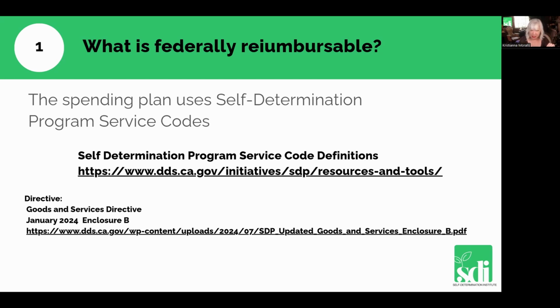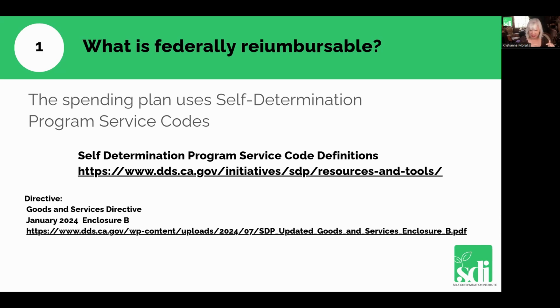This is a very important document. I have mine printed out, so you know, okay, can this go on my spending plan? Look at those descriptions. Does it fit? Now, I want you to know that in those descriptions are some things with generic resources, which we're going to talk about next, but it's good to know, okay, it's on this list. I can ask for this.